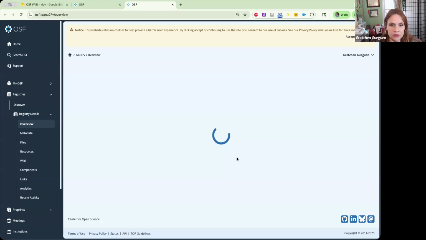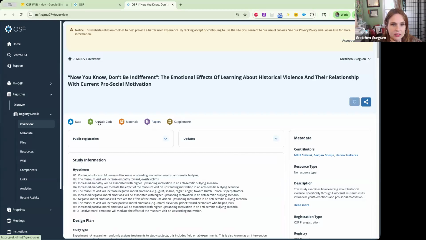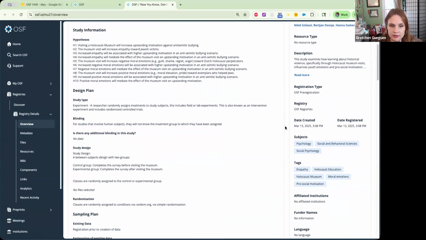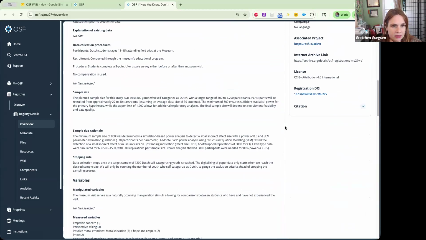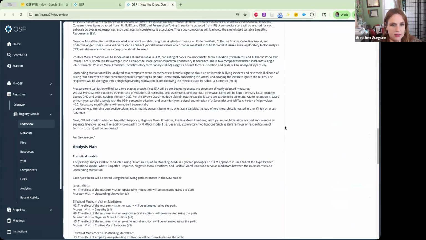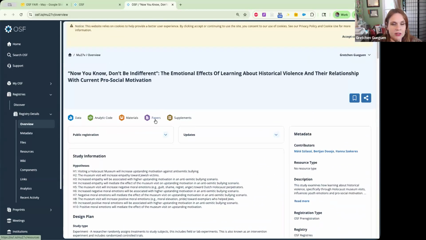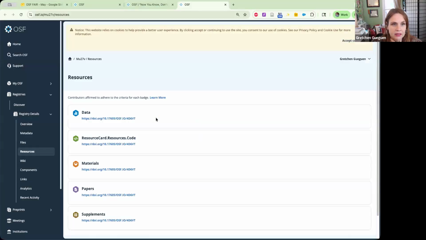So if I look at this one, for example, I see up here that these badges are filled in, and that means that the people who created this registration described what they were doing, what their hypothesis was, what their sample size, variables, etc. Now that they've completed that project, they've come back and added a link to their data, a link to their resources, a link to their materials, papers, and supplements.